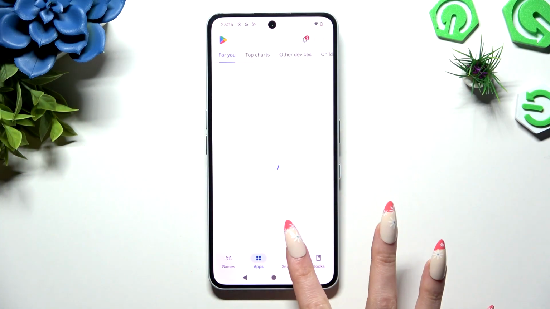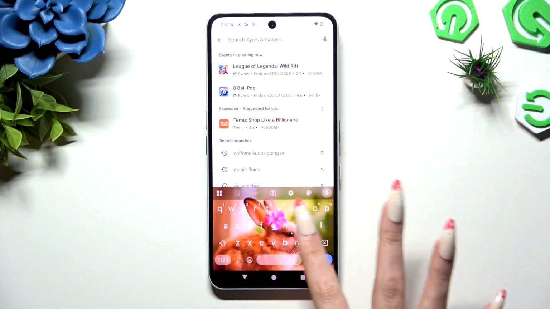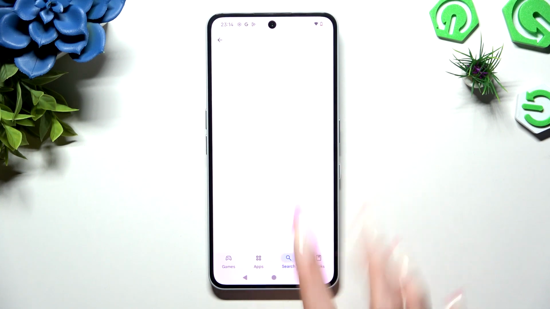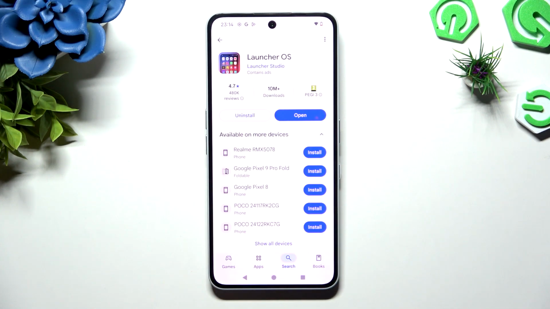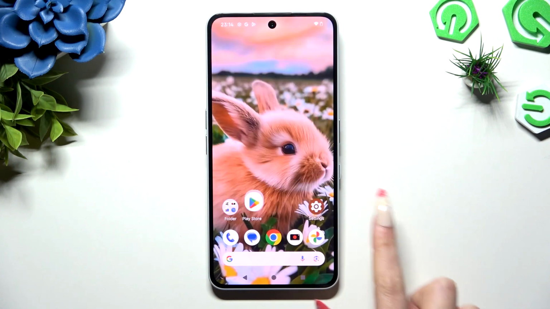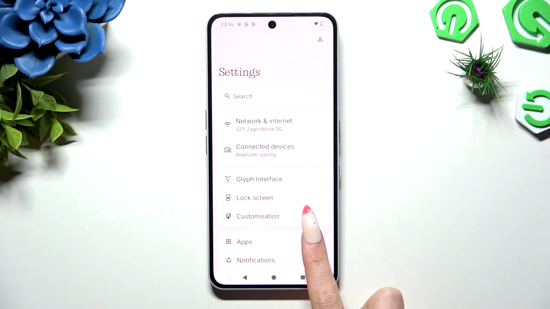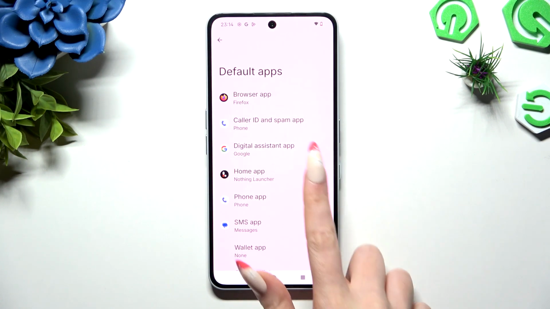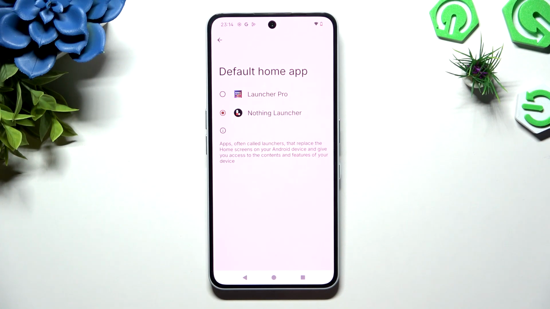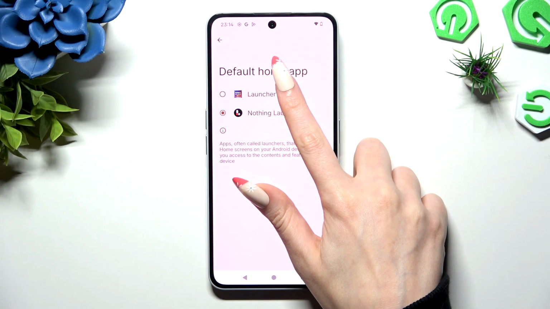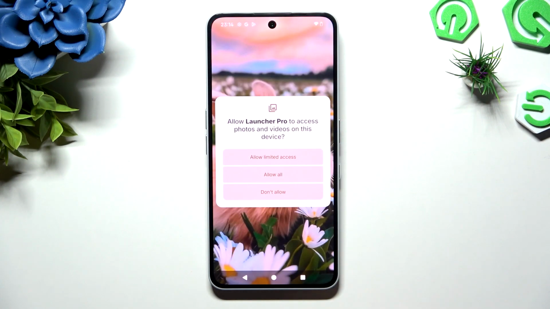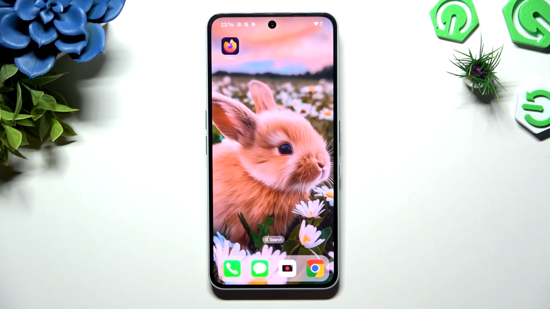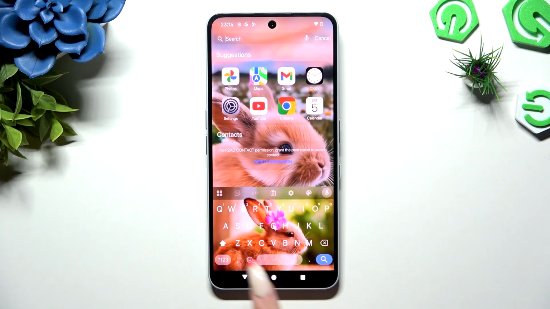Begin by opening Play Store and installing free app called LauncherOS from Launcher Studio. This one. When it's ready, go into Devices Settings and tap on Apps. Then hit Default Apps, Home App, and Launcher Pro. Now wait. Hit Allow All in the pop-up, and as you can see, Apple layout was applied successfully on my